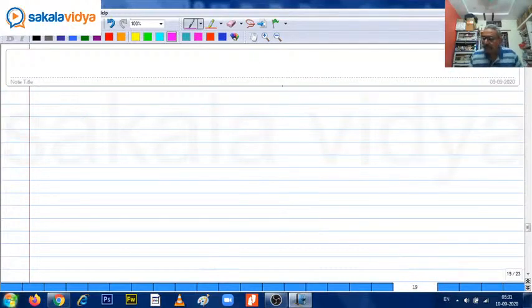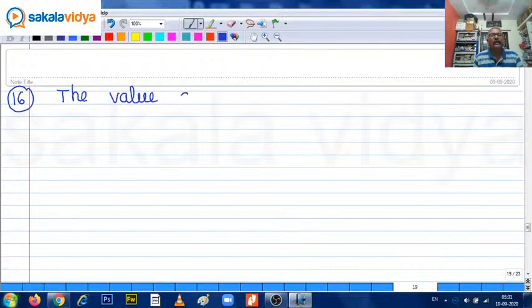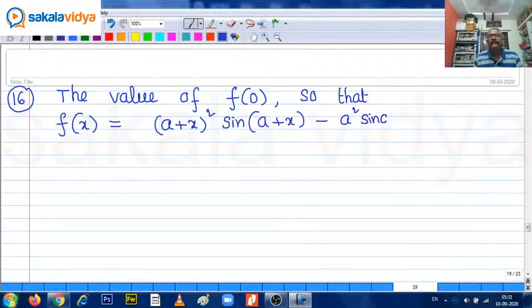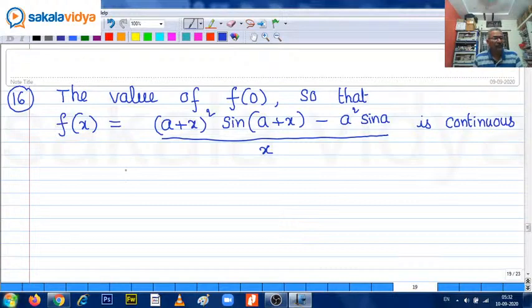Okay, 16th problem. The value of f of 0 so that f of x equals (a plus x) whole square sin of (a plus x) minus a square sin a, upon x, is continuous at x is equal to 0, is